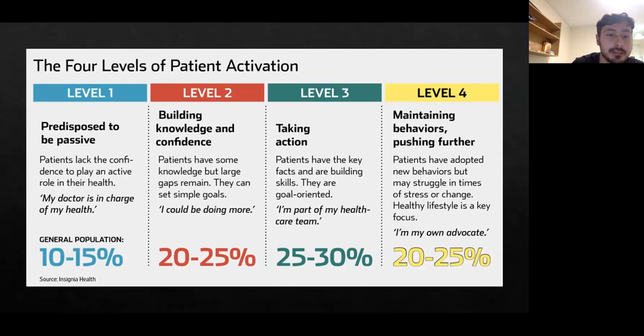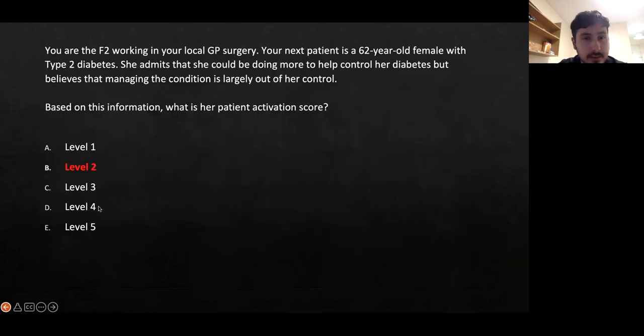So level 1 is patients that leave all charge of their health to the doctor. They don't have the confidence, they don't have the goal orientation to manage their own health, and so they're passive. Level 2 is when patients start to gain some knowledge, but largely their knowledge is not sufficient. They can make very simple goals, but they're not really goal orientated and don't take the onus on themselves to do it. So in the previous example, the patient believed that the condition was largely out of their control,